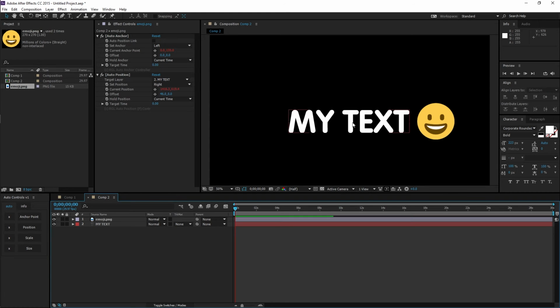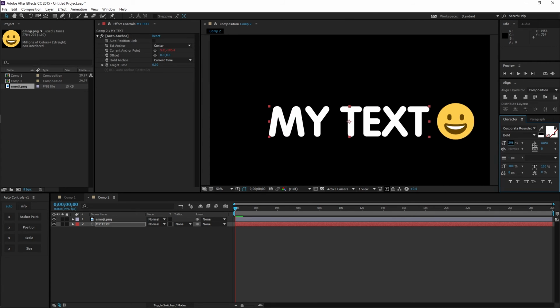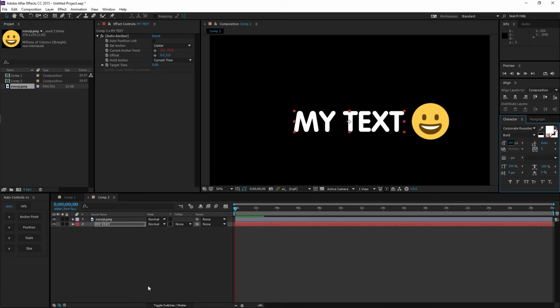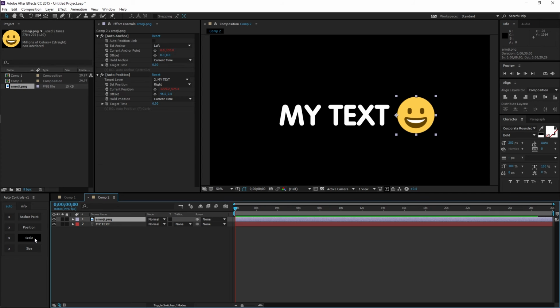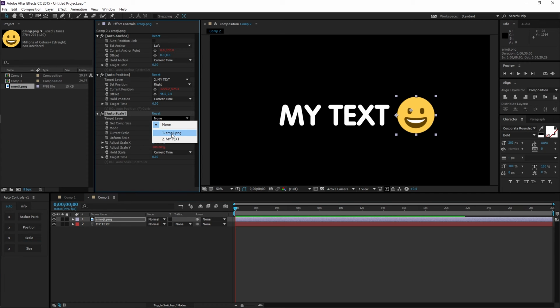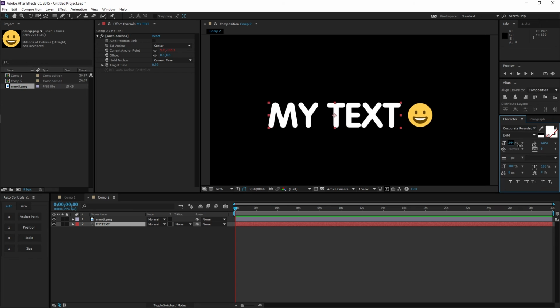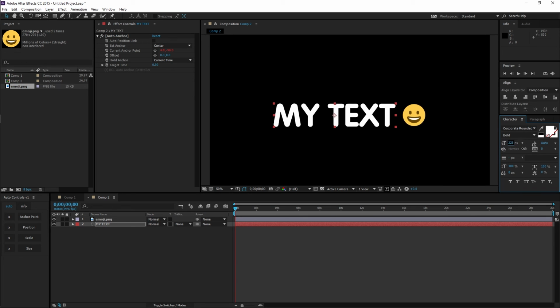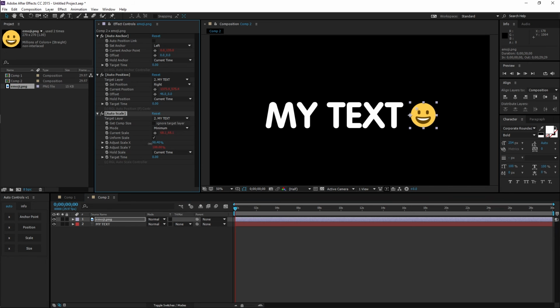And now I want my emoji to scale based on the text size. And now we can just click on scale and then target the text layer. Now it will scale automatically. Now you can also adjust the scale, and if you don't want to scale uniformly, you can just